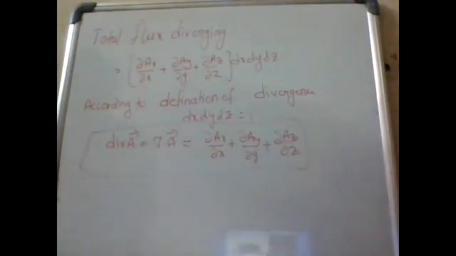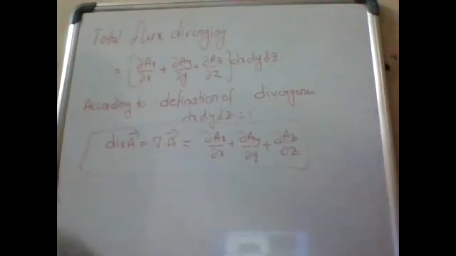With components along x, y, z directions, A suffix x, A suffix y and A suffix z. After that, consider that some flux is entering the pipe through the face EFGH. We have two faces in that rectangular vector field. So some flux is entering the pipe through the face EFGH and diverging out of the pipe through the face